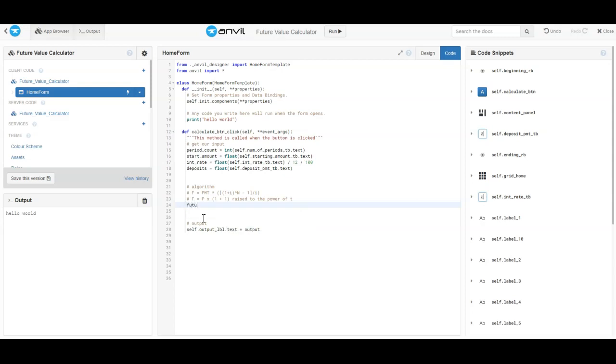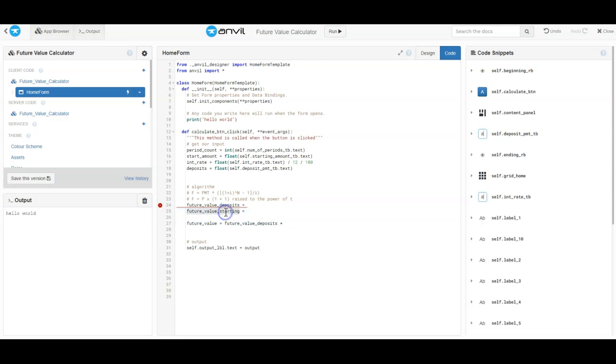Let's say the future value of all the payments that we put in. So we'll call it deposits. Okay. And then let's also make one for the future value of our starting amount. Okay. And then we'll add those two together. So we'll go future value is equal to future value of our deposits plus,